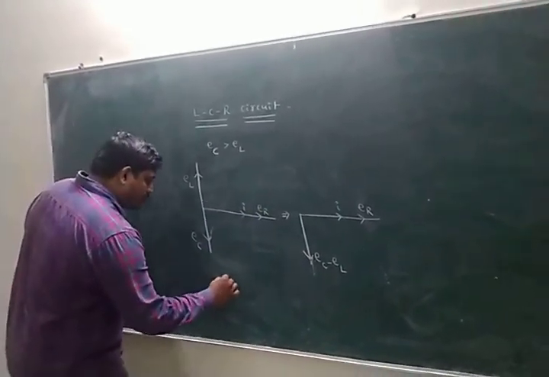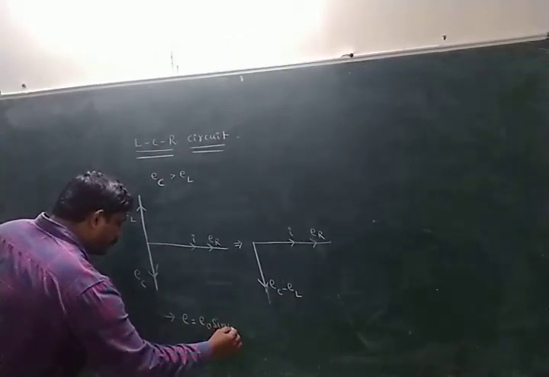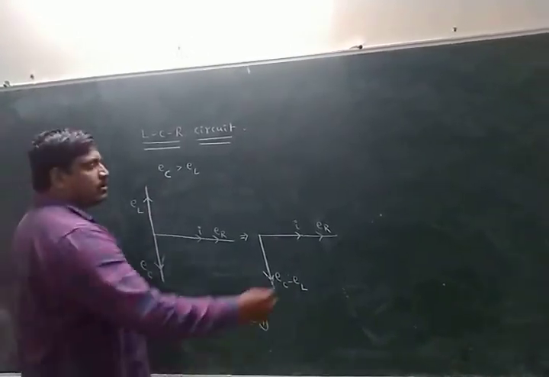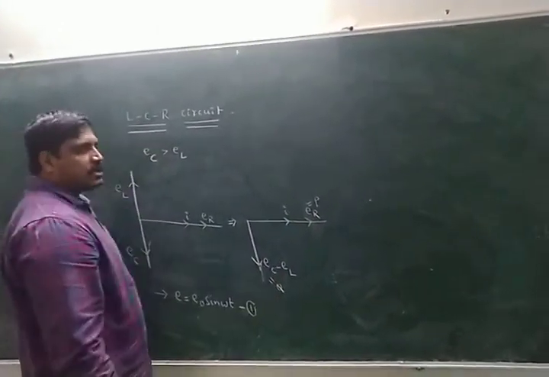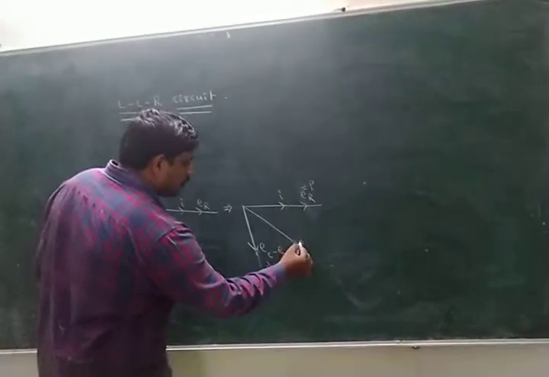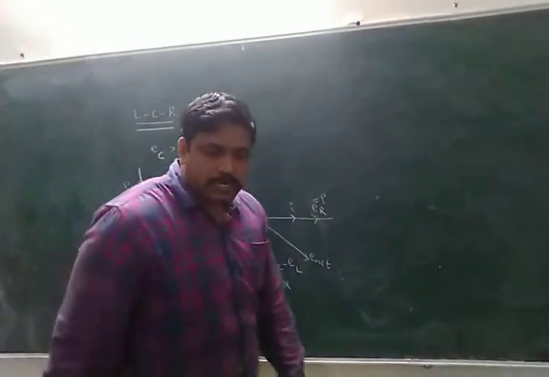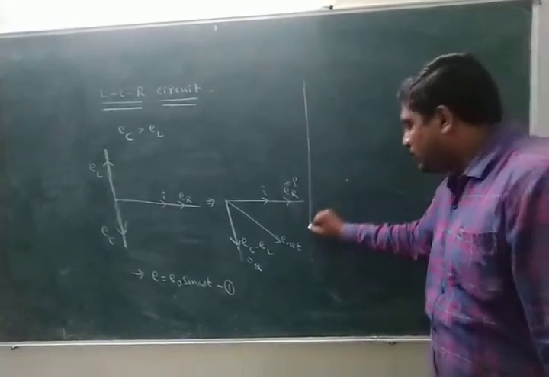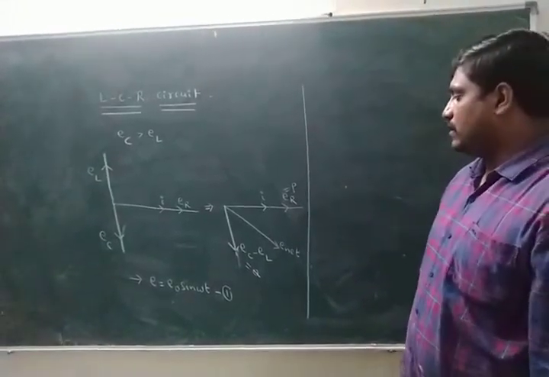What is the input EMF formula? E equal to E naught sin omega t. Equation number 1. According to the condition, here this is called P, this is called Q. The resultant is always between P and Q. This is called E net. All of you students, this is called E net. Okay? The resultant is always between P and Q. Okay, Nana? Look here, this is called E net.